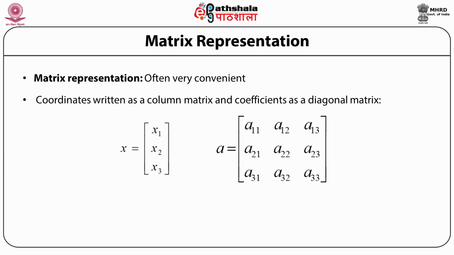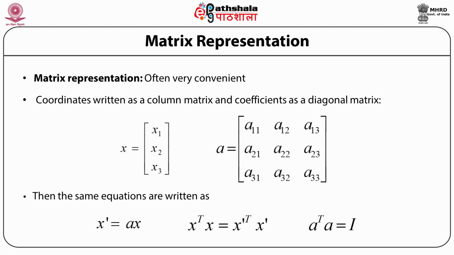Now using these notations of representing the coordinates and the coefficients, we can then write down the equations of the primed coordinate system as x prime is equal to A times x, and x transpose times x is equal to x prime transpose times x prime, while the coefficients can be represented as A transpose times A is equal to the identity matrix